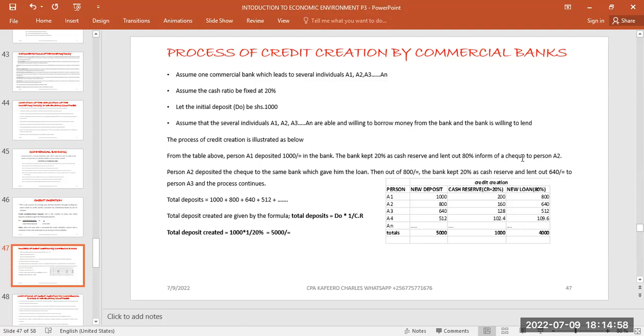Then, in the process of doing this, we are going also to look at the profit component. How are we going to be getting our profit? Because at the end of the day, we are supposed to make profit, and we are supposed to make clients' money available when they want it. Those are the dilemmas we are going to look at. There are three: one in terms of security, the other in terms of profitability, and the other in terms of liquidity. That is the demand for money or liquidity preference.